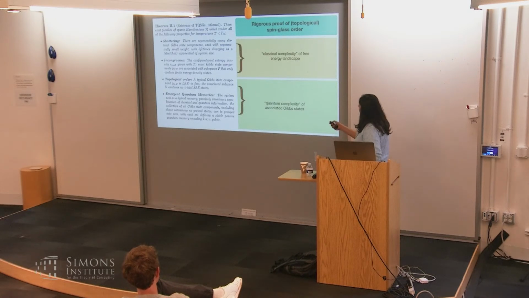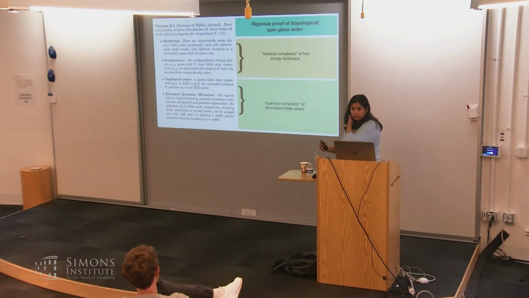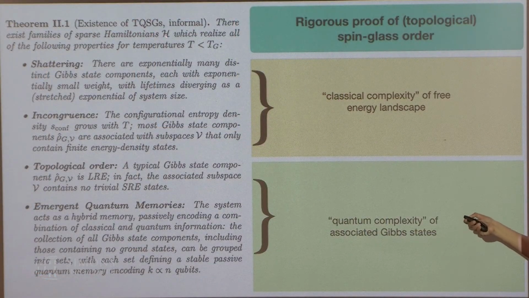Okay, so we actually prove a theorem, and I want to say that even as far as the classical spin glass literature goes, known results that can be proved about classical spin glasses are actually very few and far between, despite decades of work. So these types of models, with the techniques that have been used to prove properties about codes, actually helped us prove various things about spin glasses that were quite elusive, even for classical spin glasses. Okay, so the theorem is that there are going to be sparse Hamiltonians which will realize all of these properties for T less than T glass.